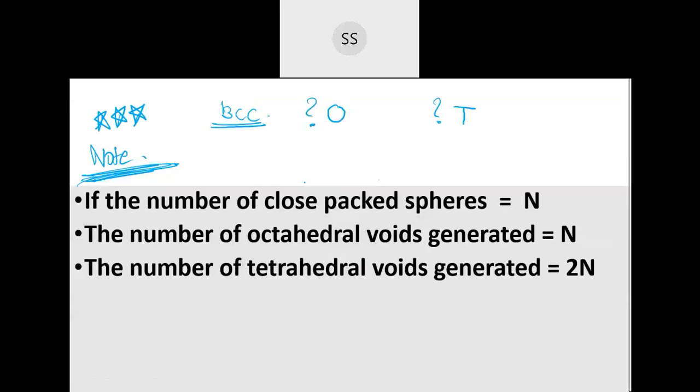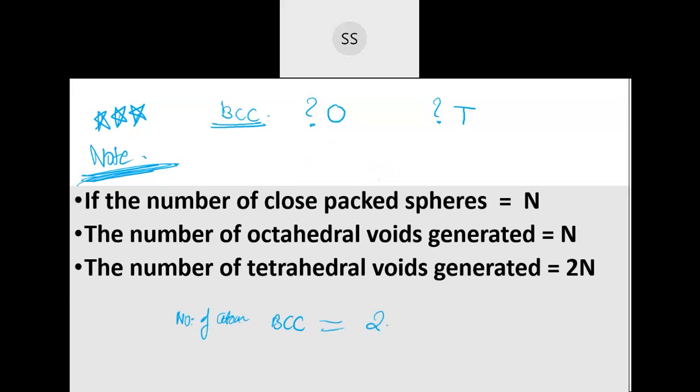See, how many atoms? The number of atoms in BCC is how many? Yeah, 2, no? 2 atoms, full contribution of that atom. You have calculated that, correct? Yes, 2 is the correct answer. The number of atoms which we get for BCC, we are not talking about coordination number here. We are talking about the number of atoms for that one unit cell. So the number of atoms for BCC is 2.